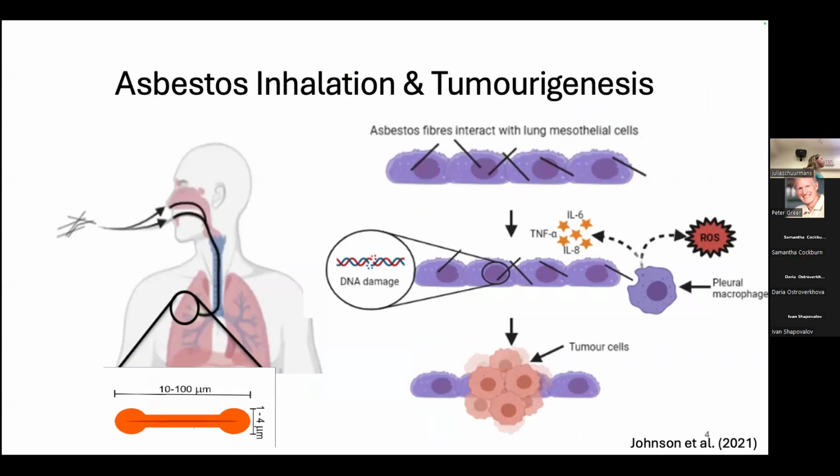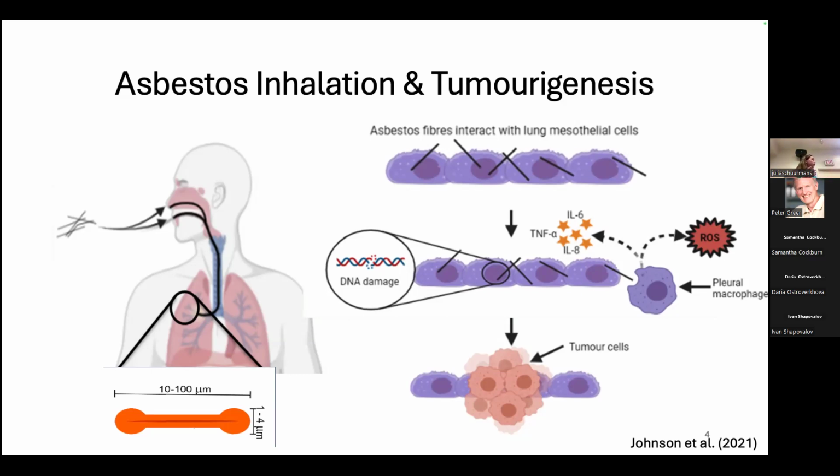So what actually causes tumors? How does asbestos lead to tumorigenesis? When you inhale asbestos, they are these tiny little fibers, as seen here on the bottom, about 10 to 100 micrometers long and 1 to 4 wide. They're inhaled and go down to the bottom of your lung and fall into your alveolar sacs, where they interact with your alveolar macrophages, which try to engulf them. In the attempt to engulf the asbestos, the macrophages are unable to clear it, which leads to the biomineralization of the asbestos, seen in orange there. This leads to a high iron content around that part of the lung.